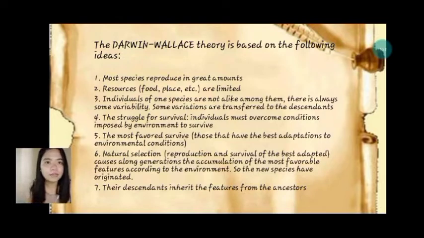So, kung saan, mayroon ng Darwin-Wallace theory based from the ideas. So, ano yung mga ideas na ito? Yung una is most species produce in great amounts. Second, resources, the food, trees, etc. are limited also. And the third one is the individuals of one species are not alike among them. There is always some variability. Some variations are transferred to the descendants. And the fourth one is the